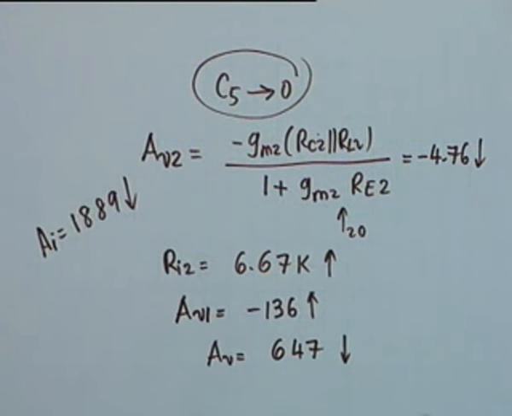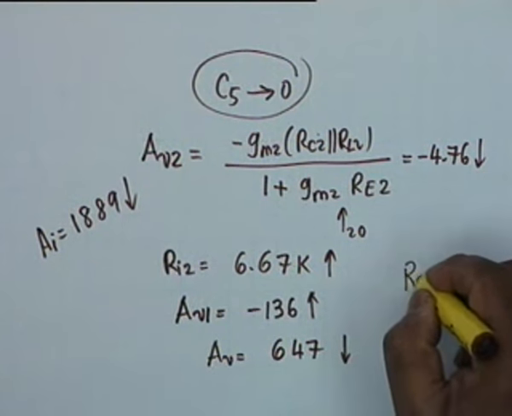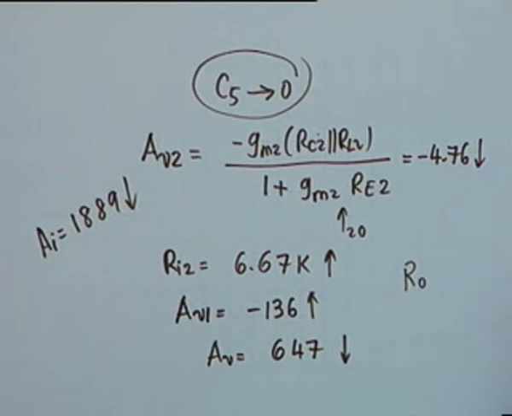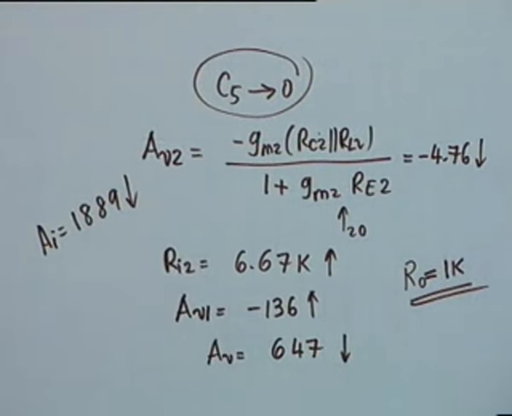But the output resistance now, what is the output resistance? Does it change? It is the same. It is the same as 1K. Alright? And that completes the calculation of a fairly involved two-stage circuit. The ones that are set in the tutorial class will be much simpler. I think this is a point where we can close the class.